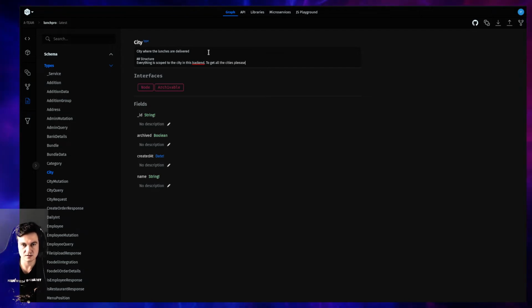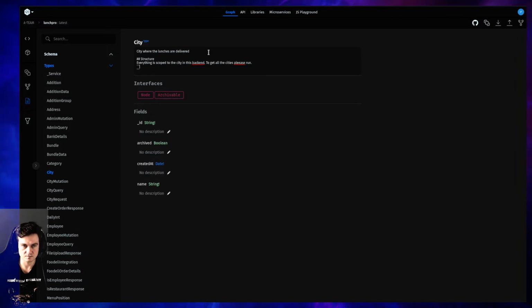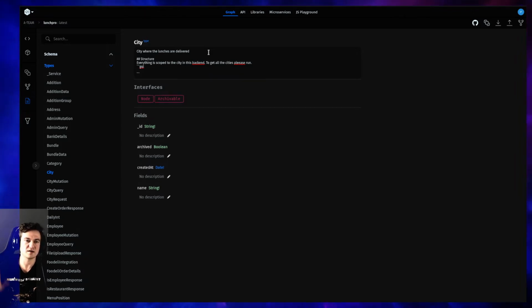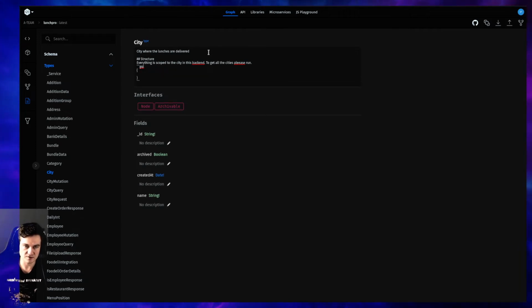Please run. So I'm writing basically Markdown here, and you can do it inside the GraphQL editor.